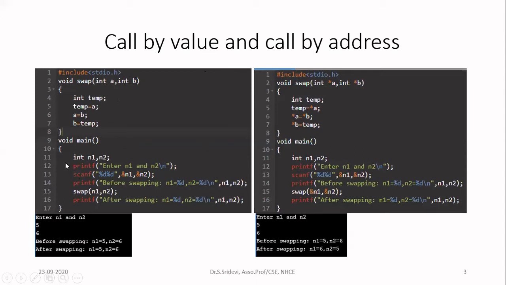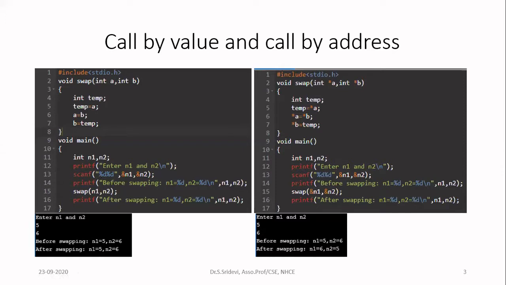Here you can see, I am writing a main function, and before the main function, I have written a function called swap. What I am going to do in this program is get two numbers from the user and store them in the variables n1 and n2. In the main function, I have declared two variables n1 and n2, and from the user, I will get two numbers and store them in n1 and n2.